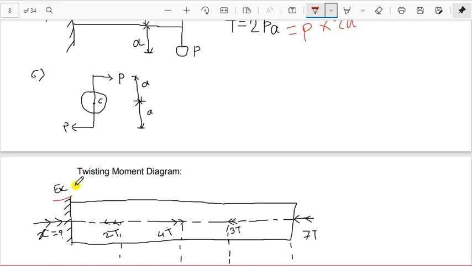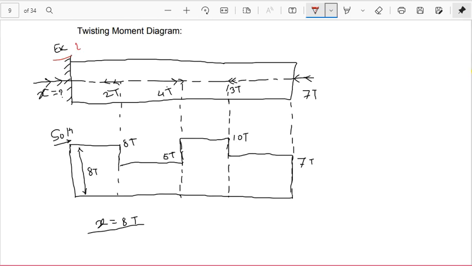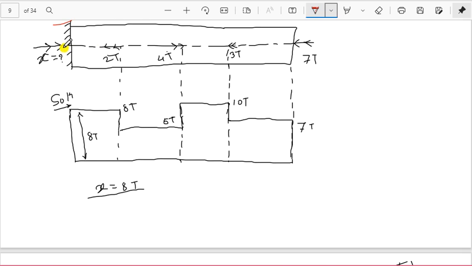Now look at this example 1, how to find the twisting moment diagram. Here you can see from any end, but in this question we have to find this torque at the left end. So instead of starting from left side, we will start from right side. Looking from this side, you can use the right hand thumb rule, and you will find that this torque is clockwise. So that's why we will consider it as a positive T. So we will draw a straight line of magnitude T, 70.